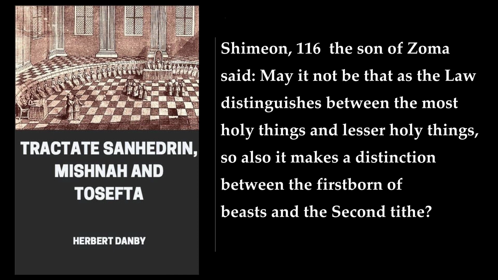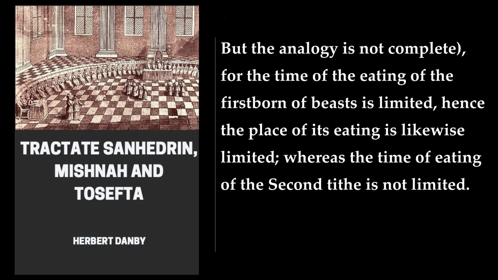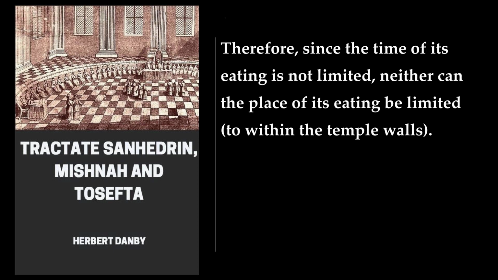Shimeon, 116 the son of Zoma said, may it not be that as the law distinguishes between the most holy things and lesser holy things, so also it makes a distinction between the firstborn of beasts and the second tithe? The customary argument, which proves that there is no difference between the two, is, since they must both be brought to the temple, therefore they must both be consumed within its walls. But the analogy is not complete, for the time of the eating of the firstborn of beasts is limited, hence the place of its eating is likewise limited, whereas the time of eating of the second tithe is not limited. Therefore, since the time of its eating is not limited, neither can the place of its eating be limited,